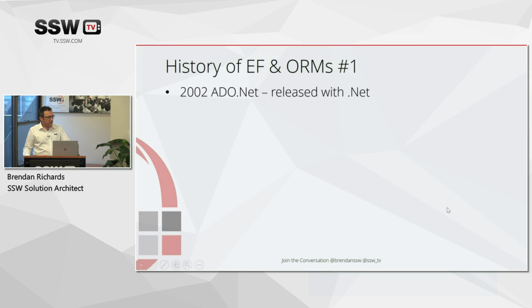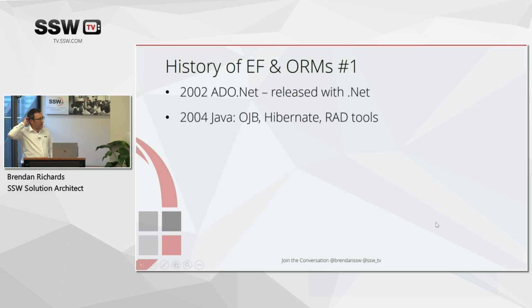So going back to the history of .NET and ORMs, we'll start with 2002 with the very first release of .NET and ADO.NET. Now what came out with ADO.NET was a kind of object-oriented way of talking to your database. But what that meant was that you had a table record, you had a row record, you had a data set. So it wasn't really involved with modeling the things in your database, it was more creating objects that you then use to talk to the structures that were already in your database.